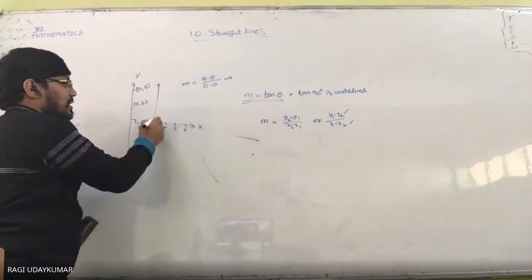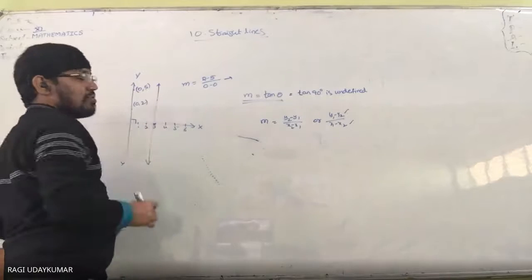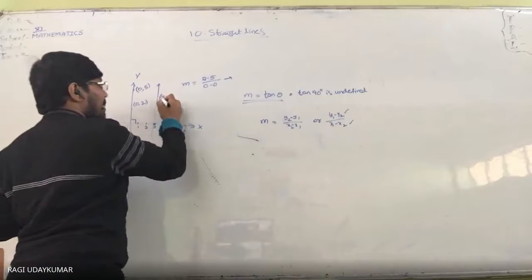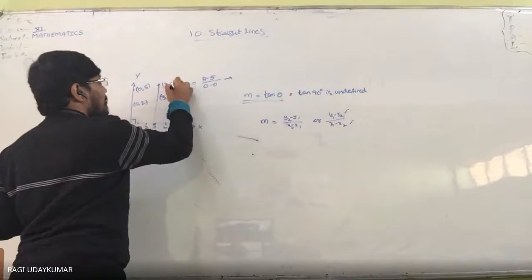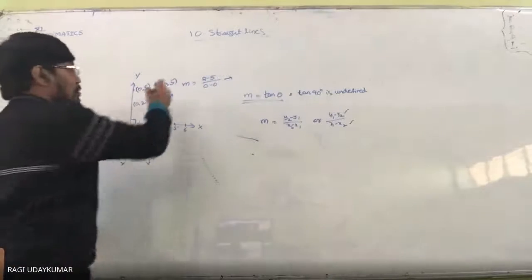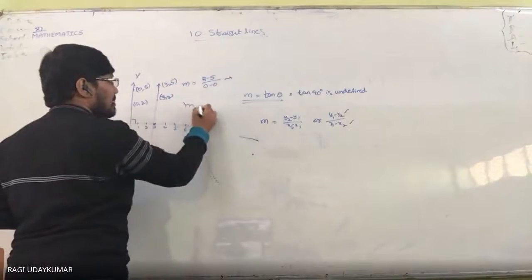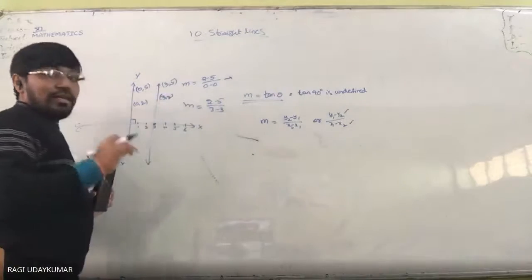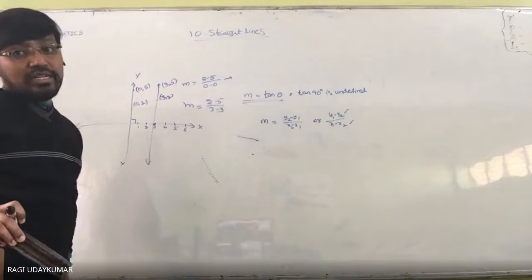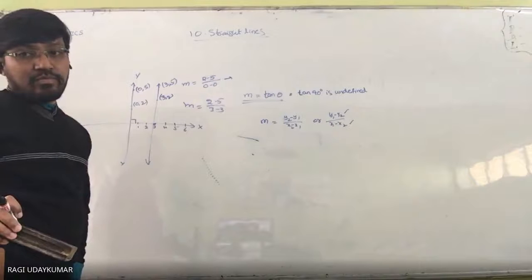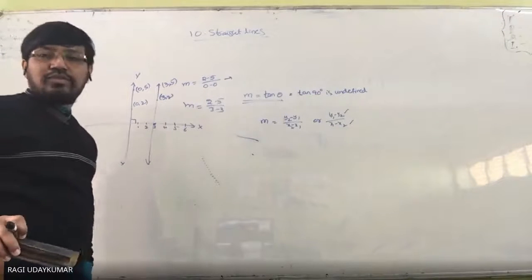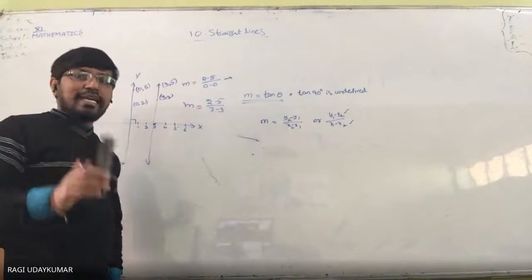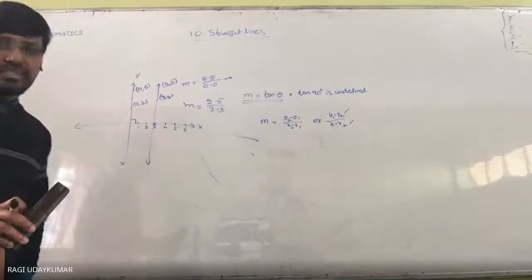Any line which is parallel to the y-axis, you take. So here the point is 3, you are going to have the points 3 comma 2 and 3 comma 5, approximately. The slope of this line is nothing but 2 minus 5 by 3 minus 3: y-coordinates subtract in the numerator, x-coordinates in the denominator. How do we get that? I have told you the proof previously. So like this, the slope of any line parallel to the y-axis is undefined, and the y-axis slope is undefined.